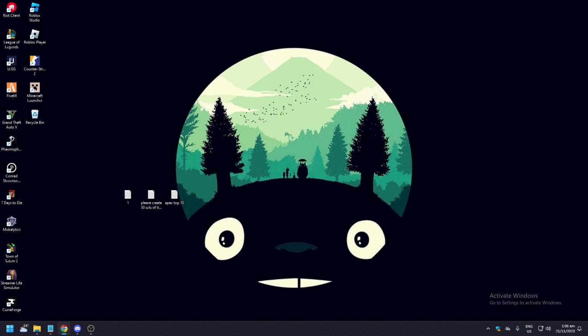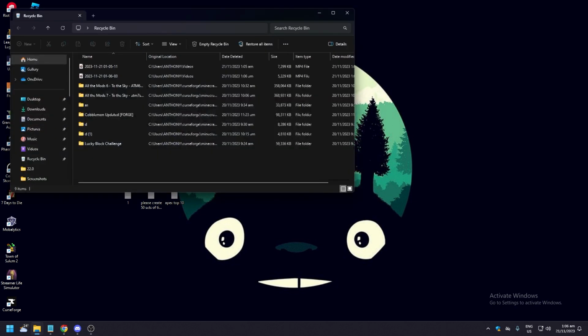As long as you didn't delete the files using the Shift Delete shortcut, you should be able to find them in the recycle bin. So what you want to do is double click on the recycle bin and then select the files that you need to recover. For example, we don't really have any files that we deleted, and just right click on the file. For example, let's say this is the one, and just click on restore,